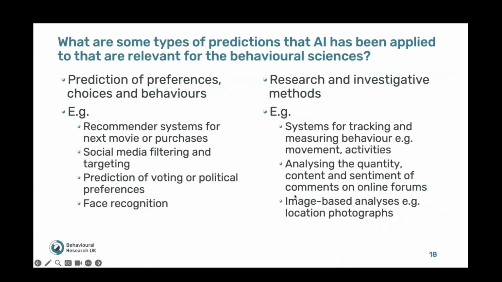Before I start with that specific case study, I just wanted to do an overview, or think about together, what some of the types of predictions are that AI has been applied to in the behavioral sciences, that I'm aware of or have seen reported in the literature, and maybe you know of some others, but it's really diverse. So for analytical AI, basically the definition is you have some algorithm, probably trained with some